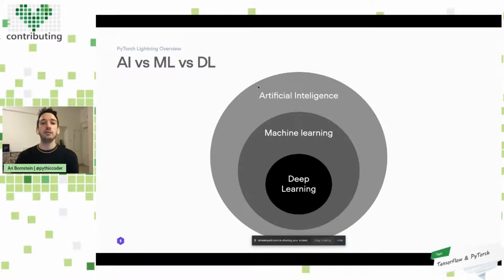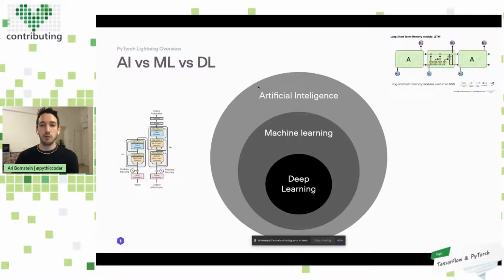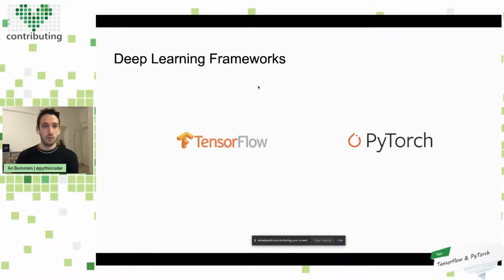And then within machine learning, there's a subset of algorithms that use neural architectures that we've been talking about, and these are deep learning algorithms. So typically when you're writing deep learning algorithms today, you don't just go in Python or in C and start writing from scratch like you used to. You use deep learning frameworks.